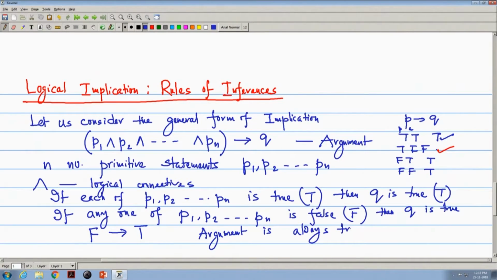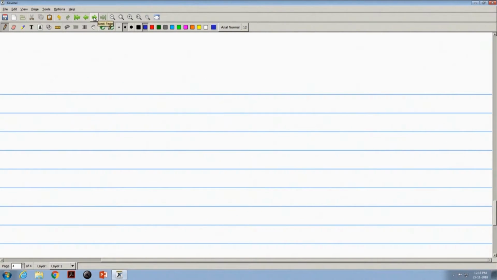Last day we read that if the compound proposition is always true for all assignments of its primitive statements, then it is a tautology. So, we can